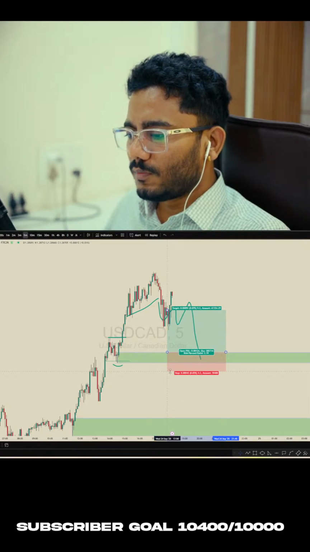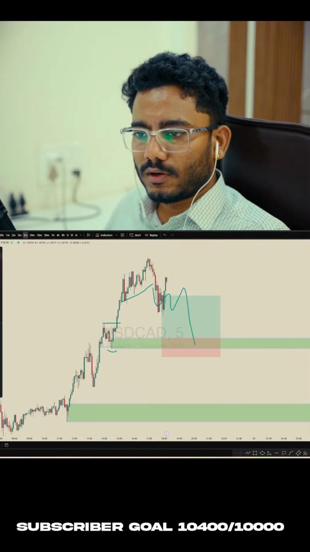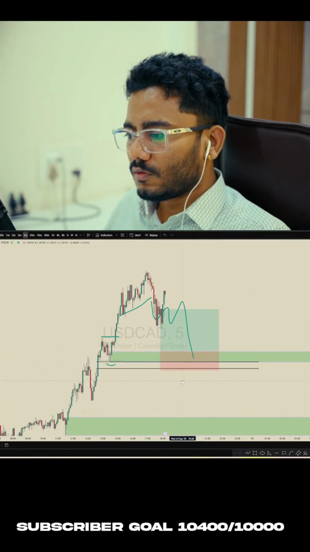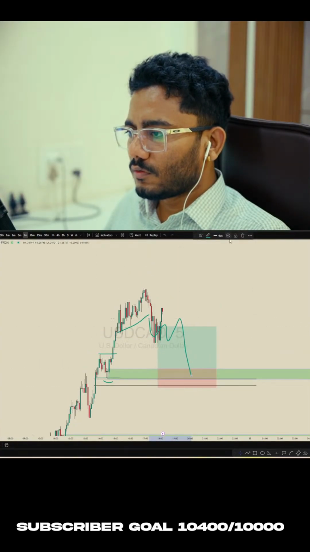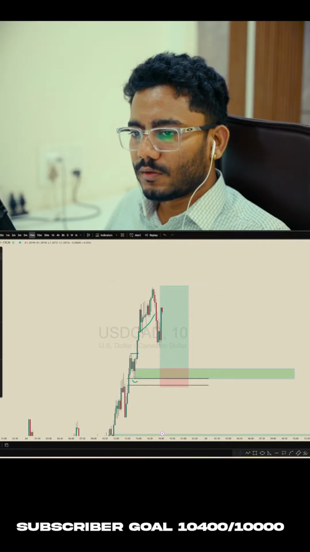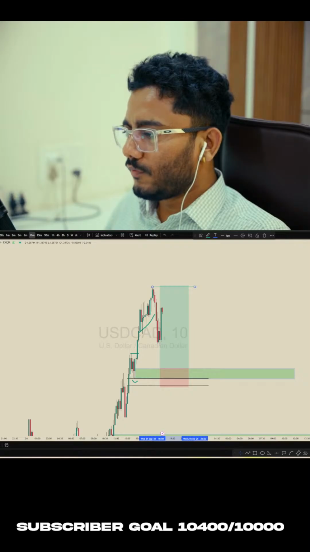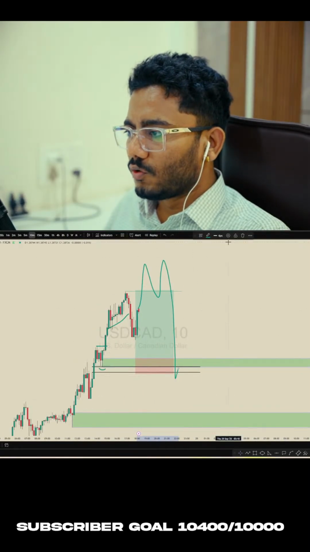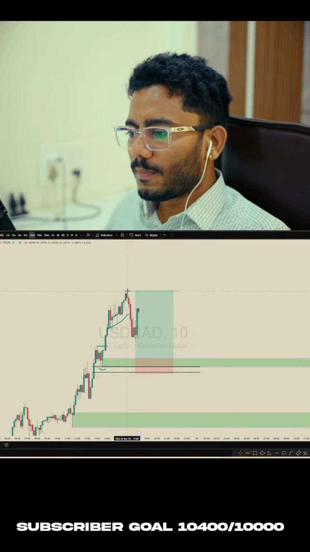For entry, we'll keep the stop loss below this low. We'll try to cover this imbalance, which is this one. And we can target the next high, which is this one in this case. This is the next high. So right now we don't have any reaction from upside where it can go to downside, because let's say